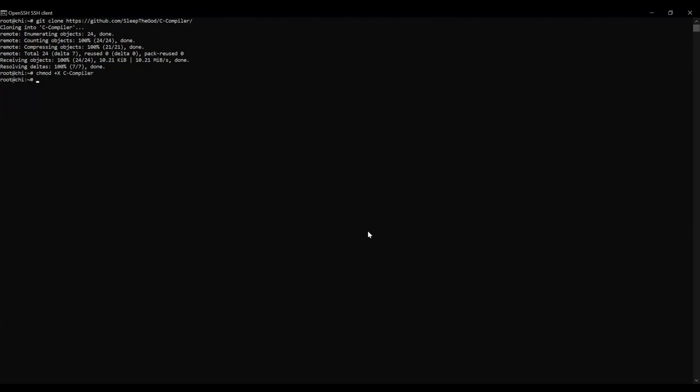c-compiler. Now we're going to cd c-compiler. My mic's in the way, so it's hard for me to see the screen. There we go. Alright, ls, and now we are going to type in